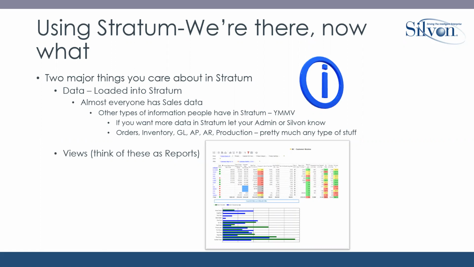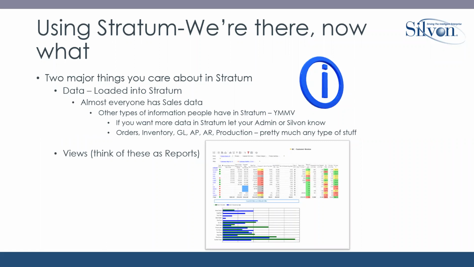If you were to go through the list of people on the call today, I'm going to guess everyone has sales. Some people have orders. Some people have budgets. Some people have inventory and GL and AP and AR and production, and just about any kind of stuff can be loaded into Stratum. If there's data you're looking for, either another type of data or additional data related to the data you already have in Stratum, you need to let your admin or Sylvan know,